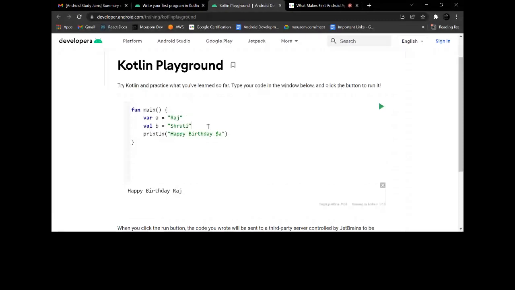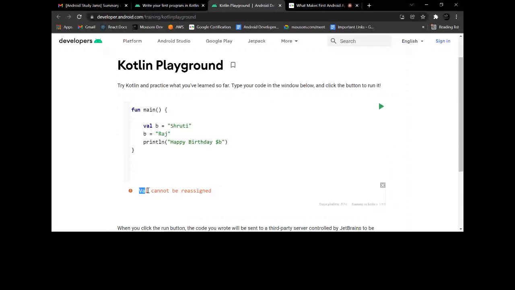Again I am initializing this to another name. Let me change it to Raj again, and change the var to val. If I run this program, you can see val cannot be reassigned.